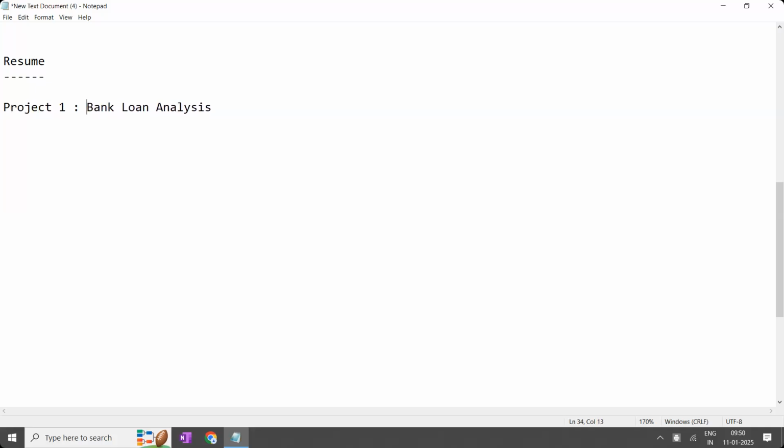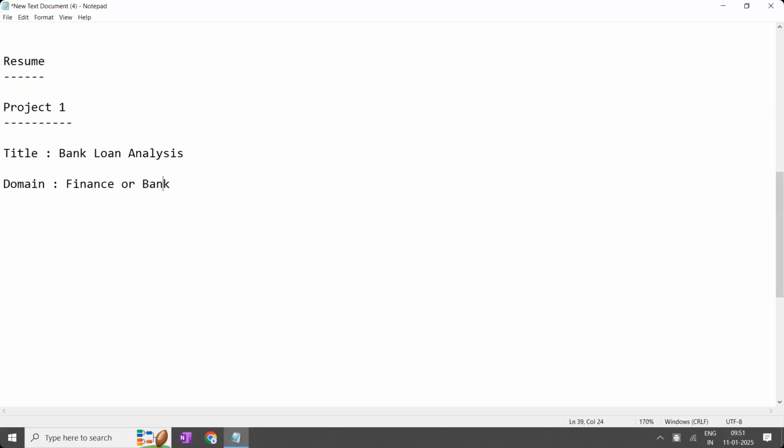Clearly in your resume you have to mention Bank Loan Analysis as the project title. You keep the heading as Project One in the resume like this. Then I am going to keep the title, Bank Loan Analysis. Second, what is the domain of this title? In which domain does it work? It is related to finance and banks, the banking sector.